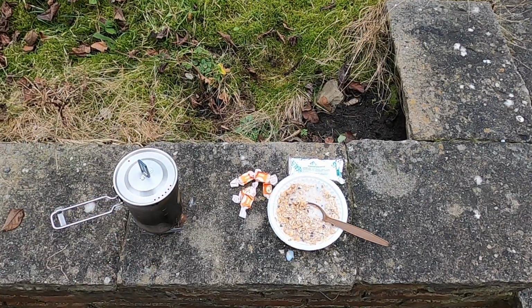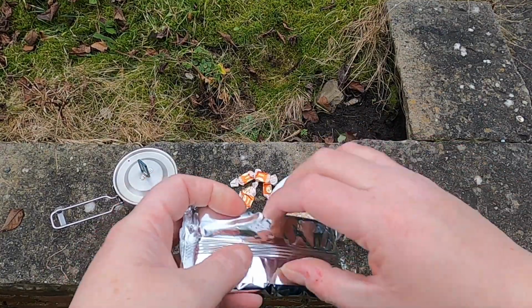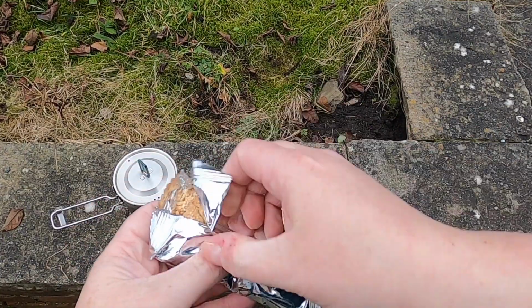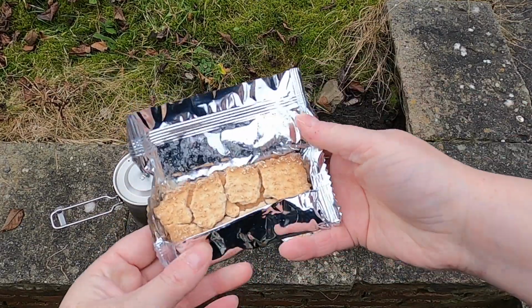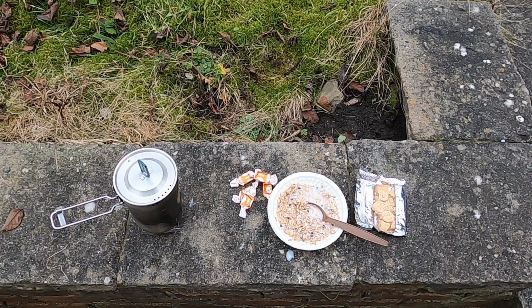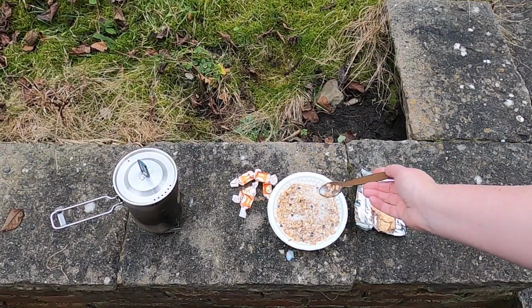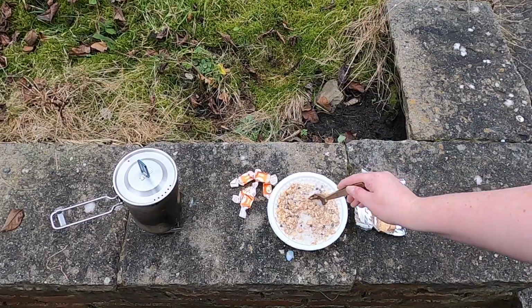Not much, let that boil. Let's have a look at our crackers. We've got no jam or anything to have with these, but we do have that massive can of pate. Oh wow, they really are broken up, aren't they? Look at that. Proper crumbs. Well, they're a little bit stale, as expected. You can taste the sweetness to them. Very crumbly. They'd be nice with dates, I reckon. Not too bad now, but...